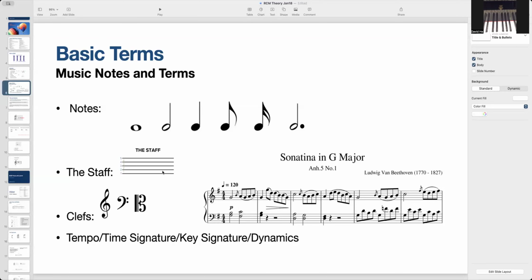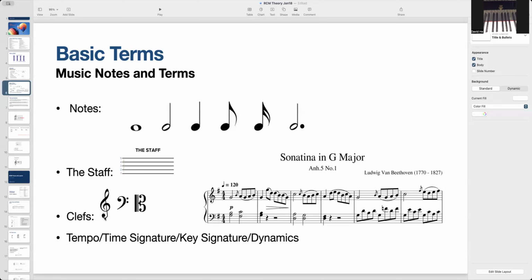And this one is called staff. Staff has 5 lines and 4 spaces. Called staff. And clefs. The only thing you can do is memorize this one and this one. I know some of the level 1 students or rudimentary beginners just studied this one today. So you have to memorize this one. This one is called